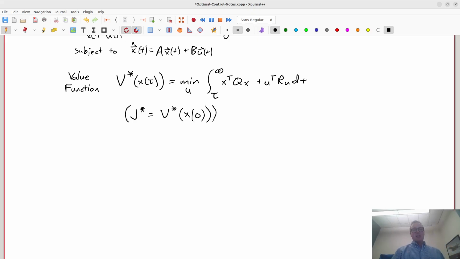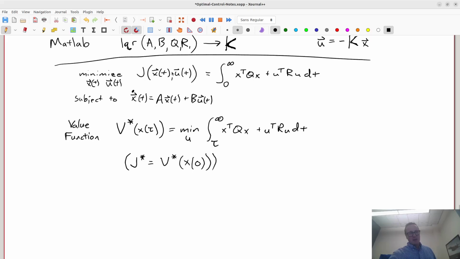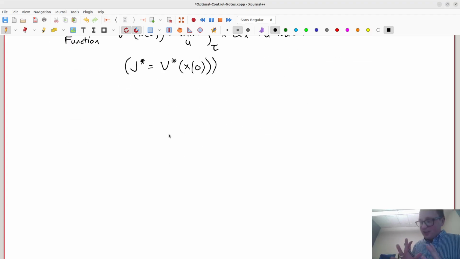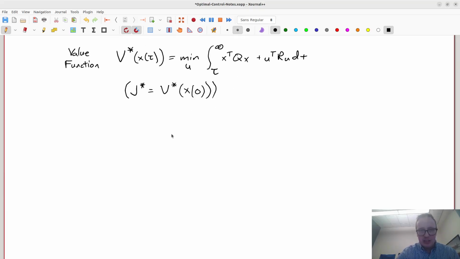So that's the relationship between them. V star is a function that you can define of the state at any time during the trajectory, whereas J star is the objective value of the original optimization problem, which involves integrating over the entire trajectory. So V star is going to be a tool that we use to break this big optimization problem up into some smaller optimizations. So if I just take this definition here,